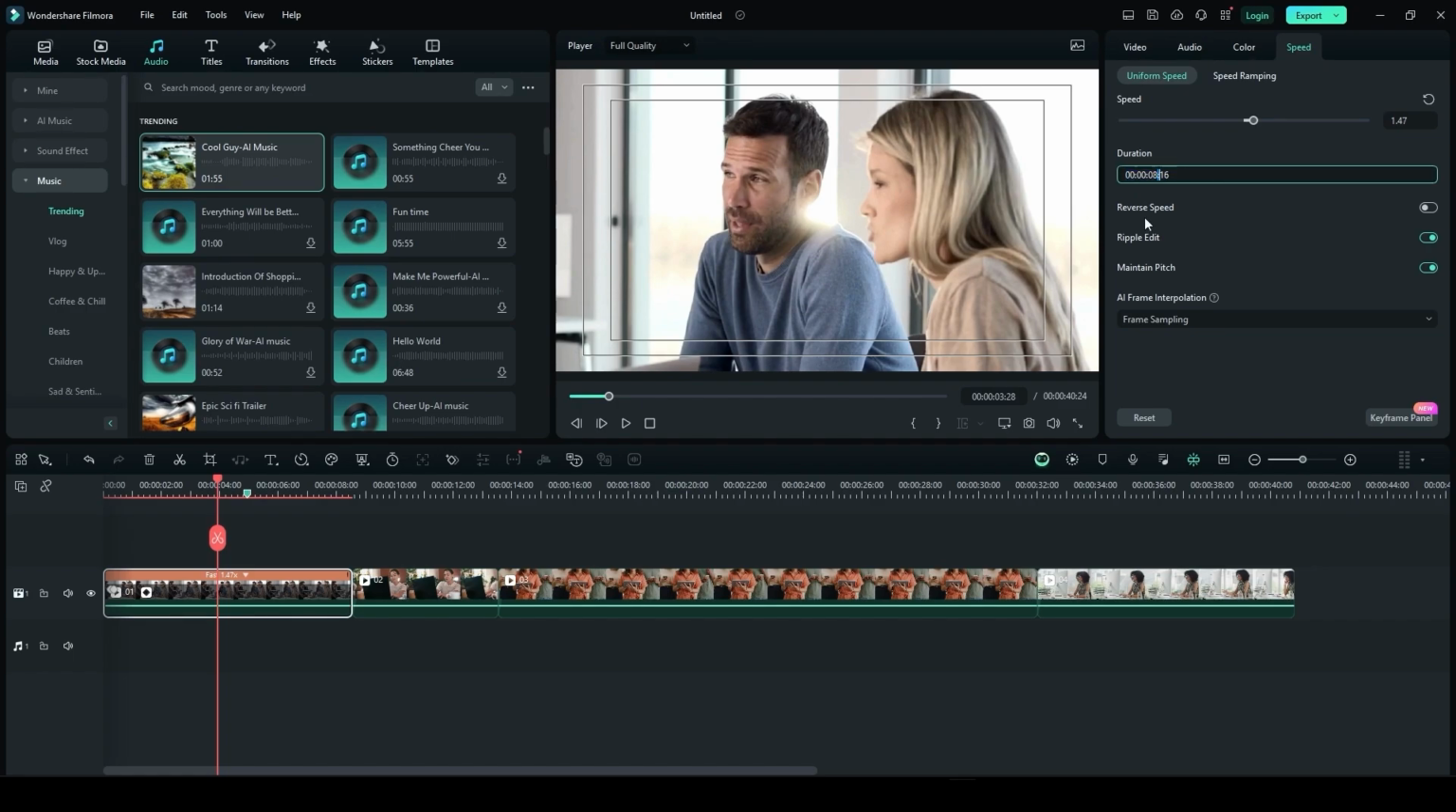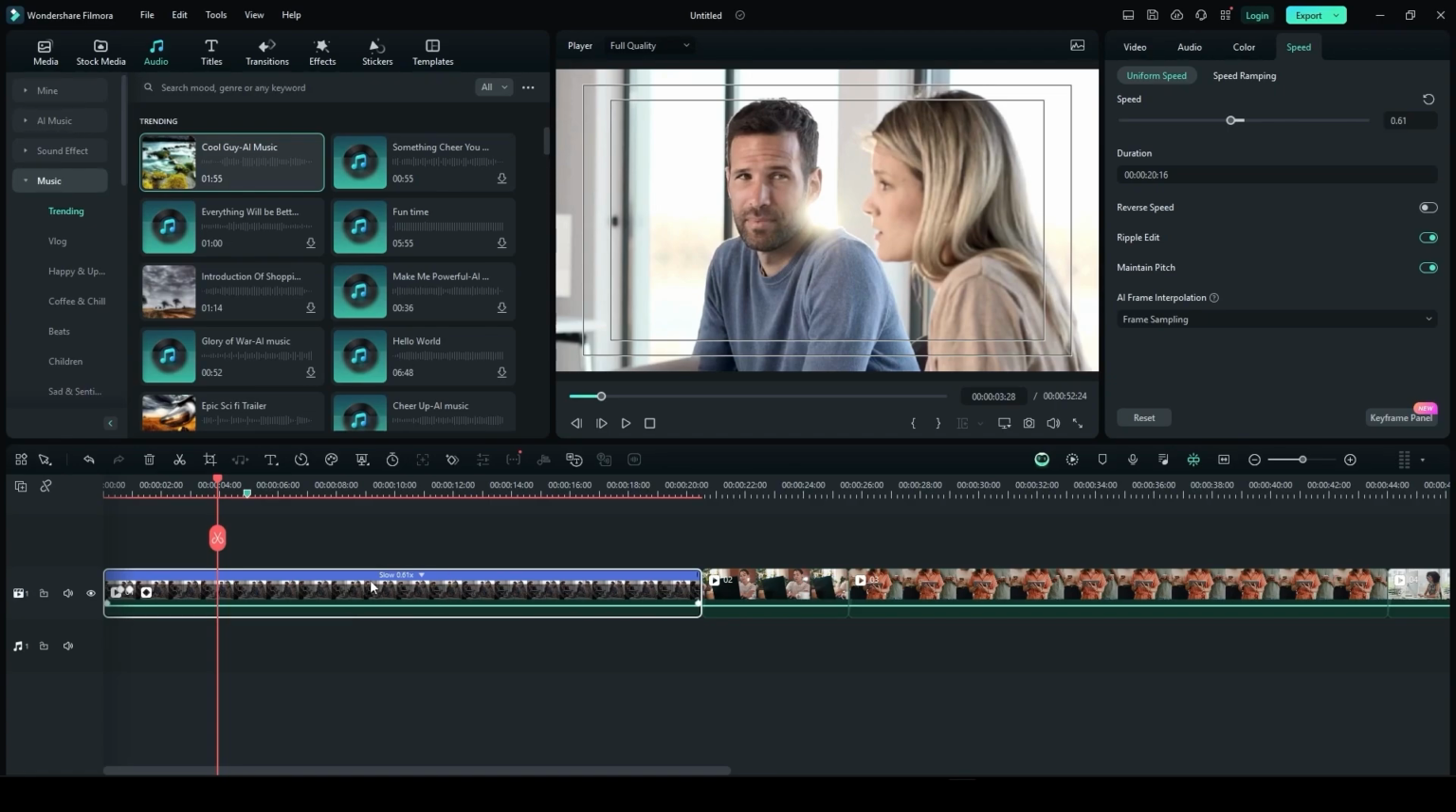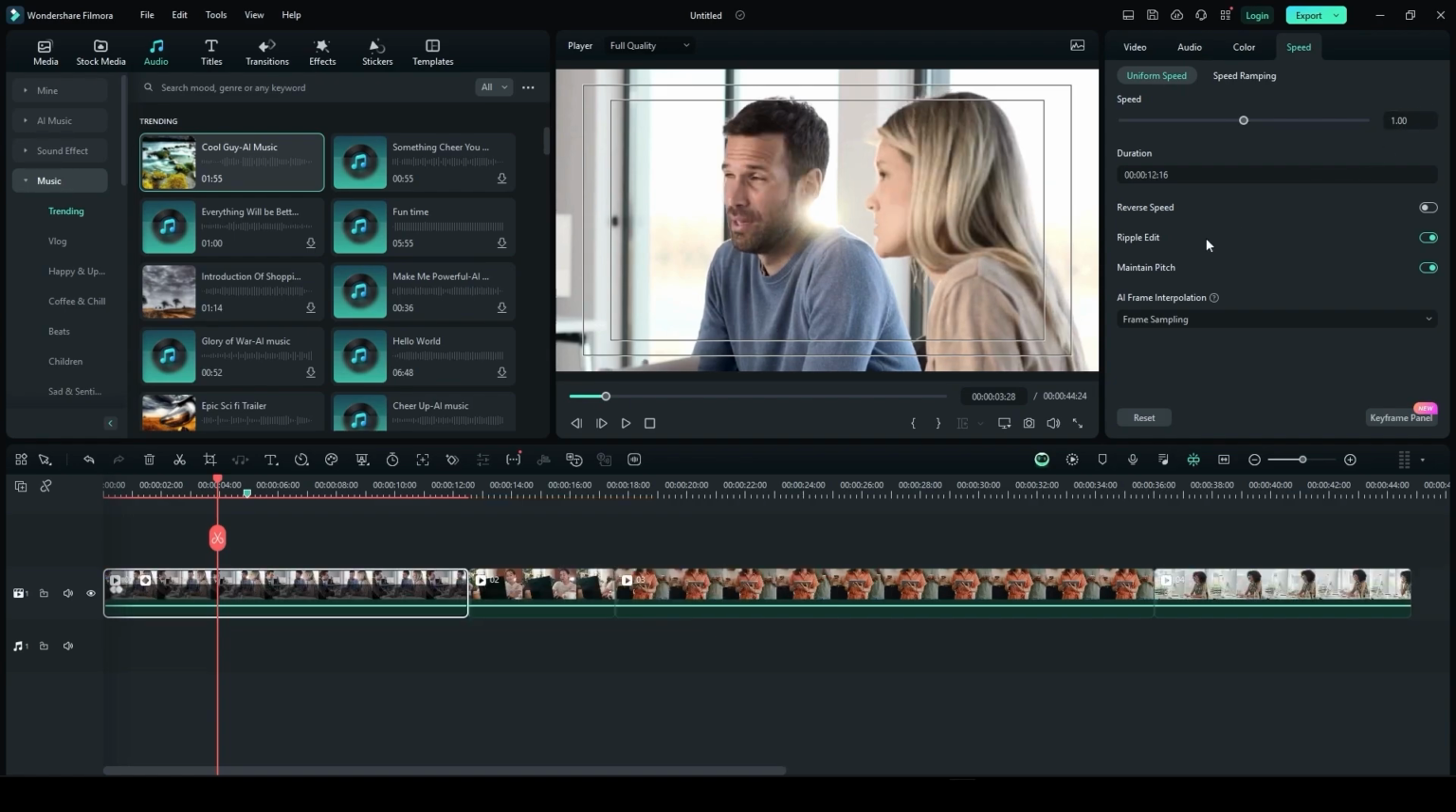But let's say if we want to increase the duration to around 20 seconds and hit enter, you will see our video is getting slowed by 0.61x. Okay, so over here we can also use this duration feature in order to speed up or speed down our different footages as well. Over here, if we want to reverse the speed of our images as well, let's say